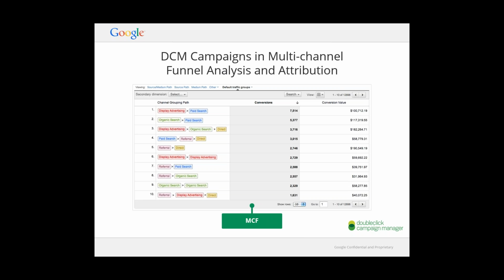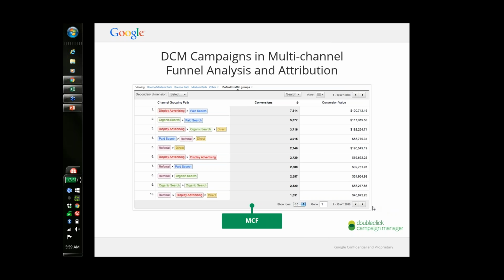This is really key. So this data helps craft an integrated marketing strategy, as you can now truly understand the role of display. Since display impressions and clicks are available in the conversion path, you can use various attribution models to assign credit to display. So if we move to the next slide,